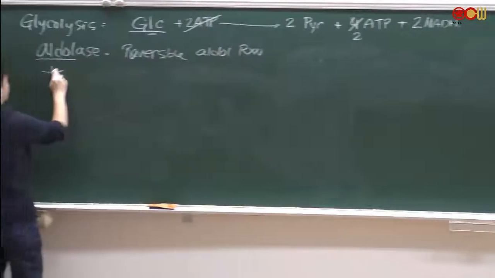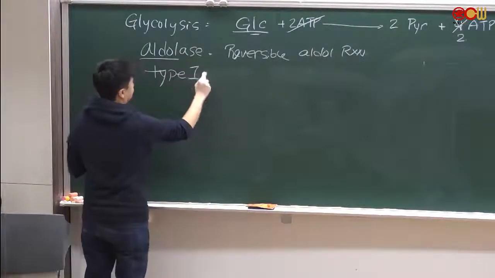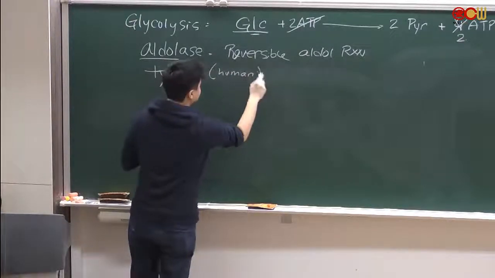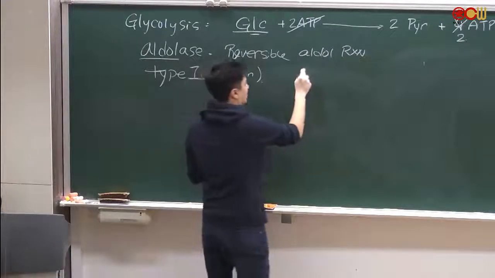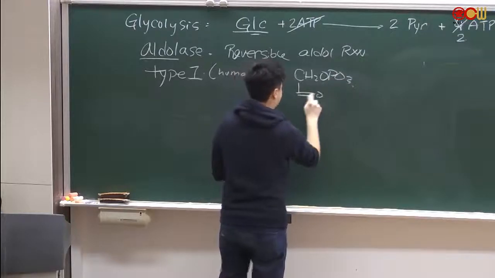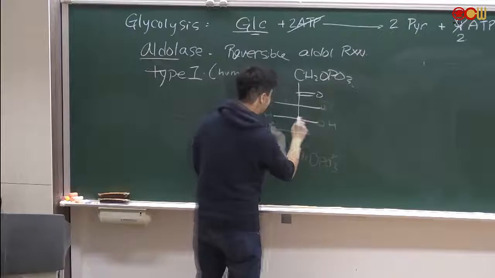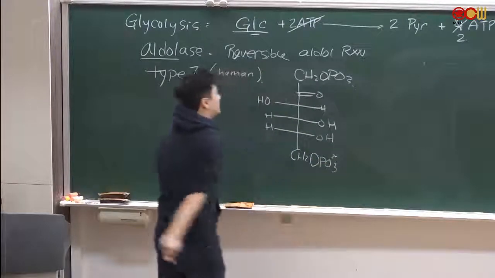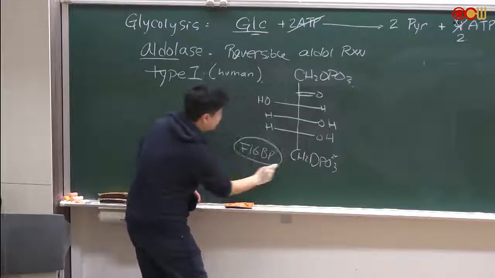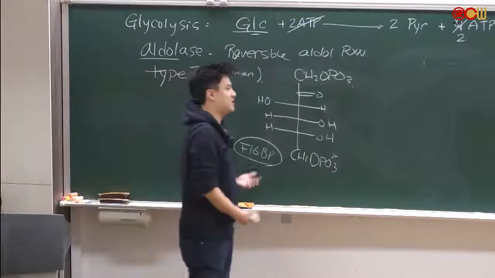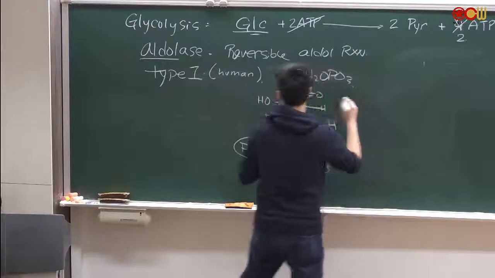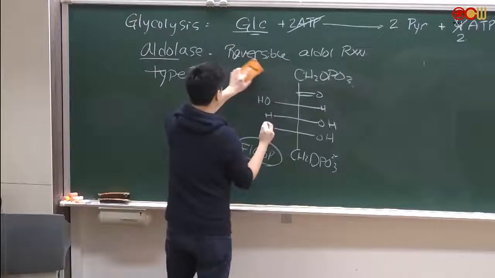So we have type 1, and this is found in humans and stuff, or higher organisms. And same thing, I start with my fructose 1,6 bisphosphate. This is where I start from. And instead of having a zinc there, turns out what we're going to have is an enzyme